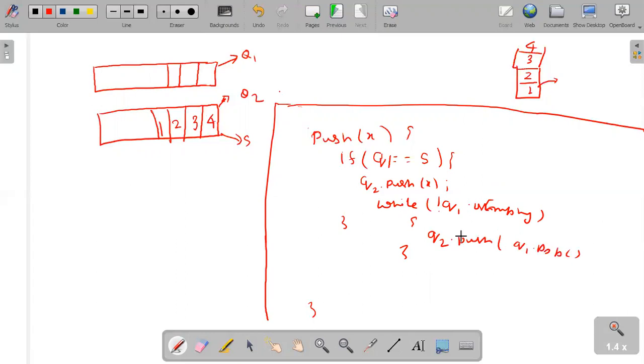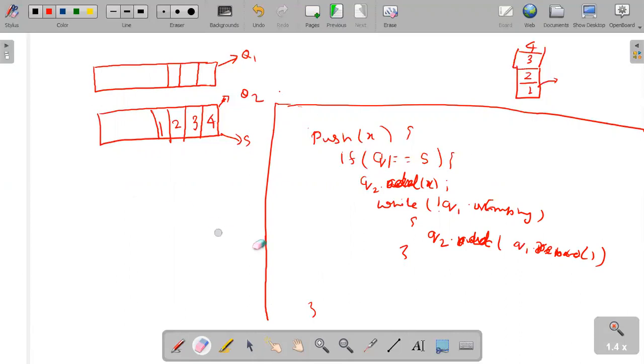It's a queue, right? So the operation names are different. Here the push operation name is what? Add, right? And the pop operation name is what? Remove, right? Here also I should add. So this is one case, or otherwise will be the other case.